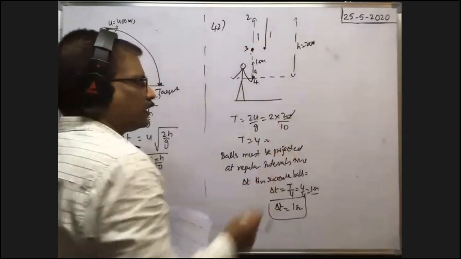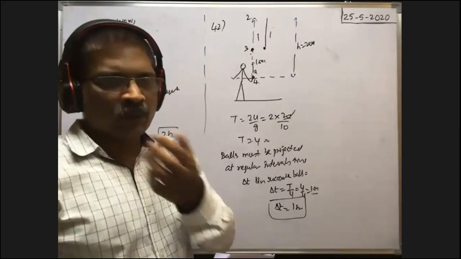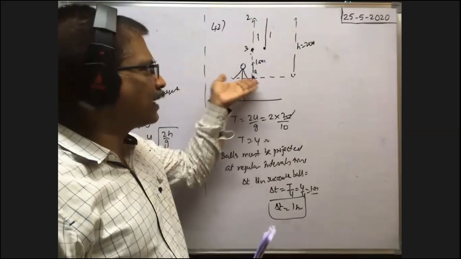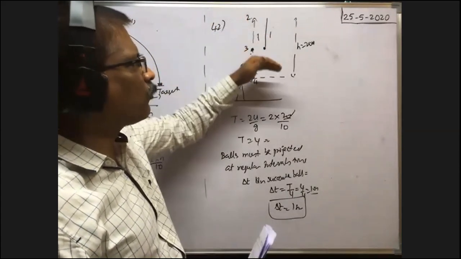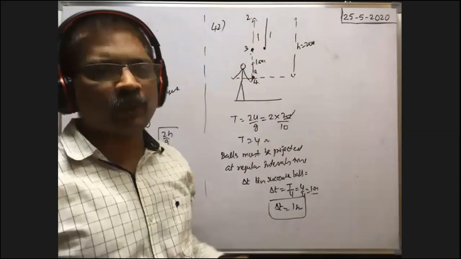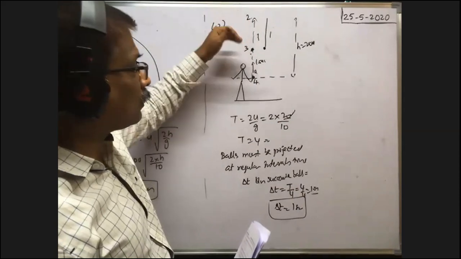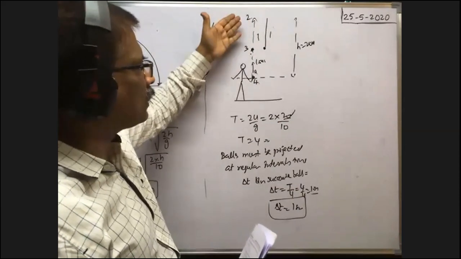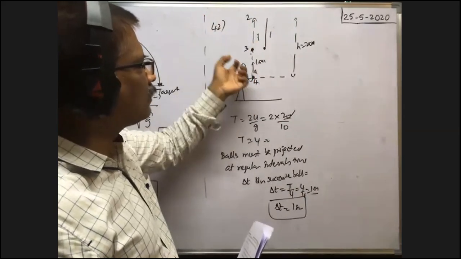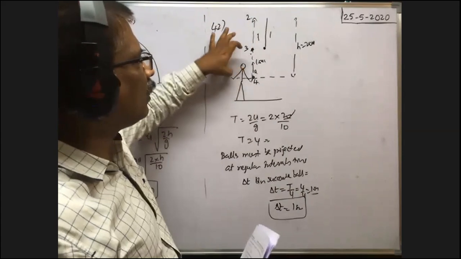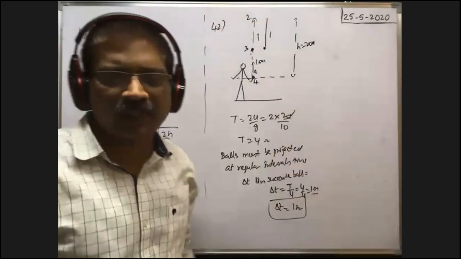S equal to ut plus half at square. We can find the height of the first ball also after 3 seconds. So at the instant the fourth ball is in his hand, the third ball has traveled 3 seconds, and the first ball has traveled 3 seconds. So at what height it lies, you find from s equal to ut plus half at square. At what position, at what height does the second ball lie at the instant when the fourth ball is ready to throw? At that instant, the second ball has traveled a time equal to 2 seconds. So in these 2 seconds, what is the height risen? You find. In this way you have to calculate.